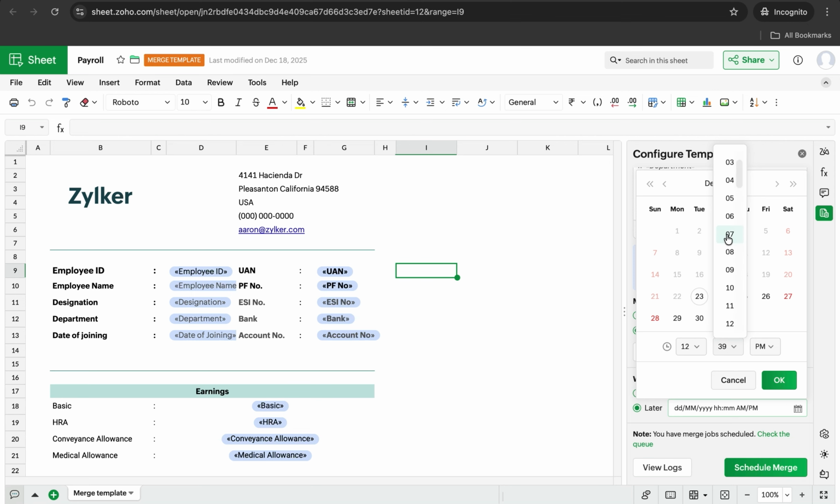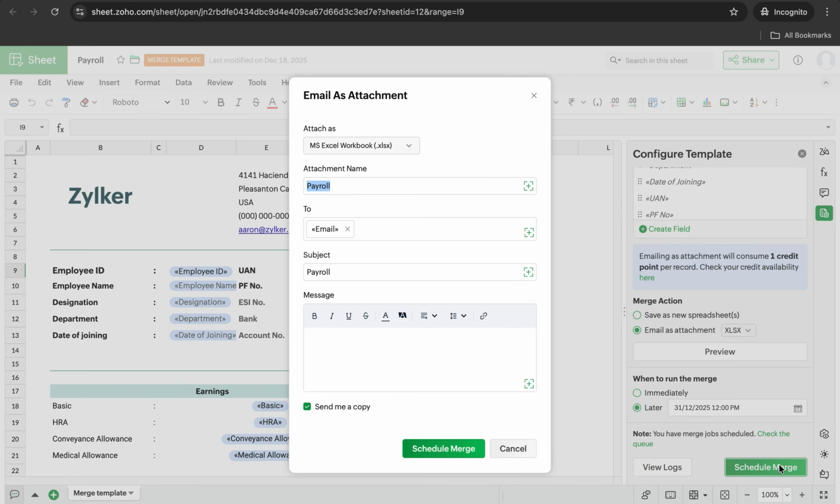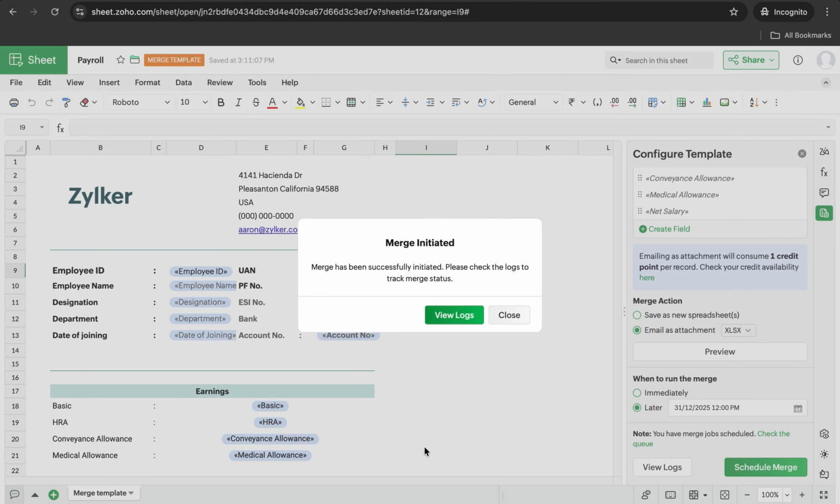So I'm just going to select a date and time for it and click OK, and the merge has been set to later, and I can click on schedule merge. In this pop-up you'll just give in an attachment name, and in the to field select the email, so you can actually send them emails based on the email IDs that you have in the spreadsheet data. I've given it a subject. You can also send yourself a copy and schedule merge. Now the merge has been successfully initiated,